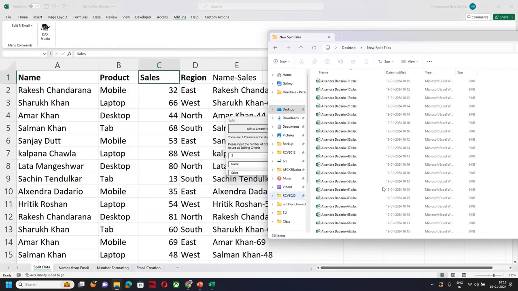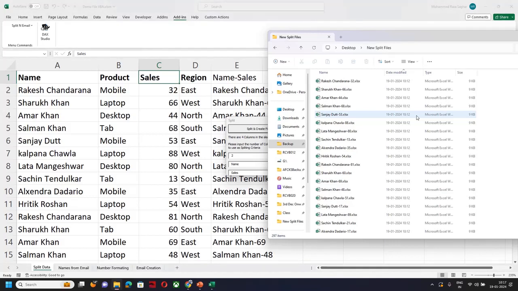Okay, should I interrupt it? It's already 254 files and still going. I think the sales values were unique, so I think around 400 files will get created. We'll see how much time it takes. We started this macro at, I guess, 10:12, right? And it is 10:17, so not even 5 minutes have passed and we have created almost 290 files, and it's still increasing.